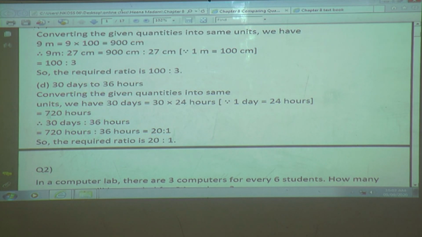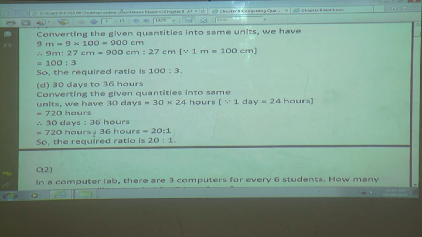Now these 720 hours and 36 hours both have the same unit, so we can go for a comparison. So 30 days ratio 36 hours is nothing but 720 hours ratio